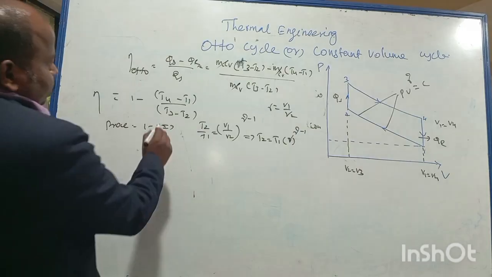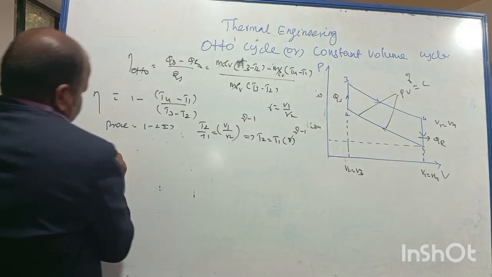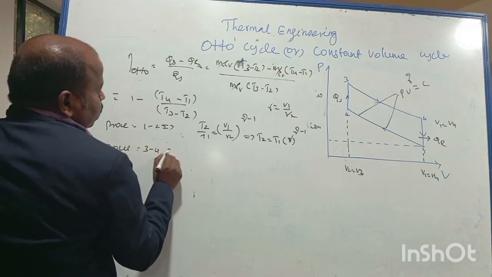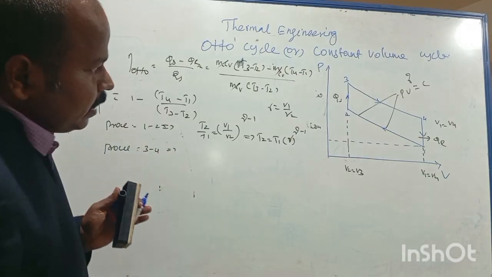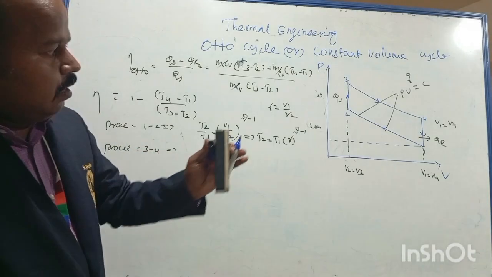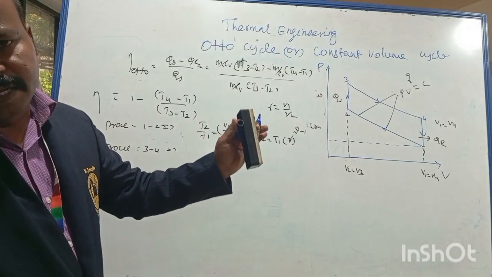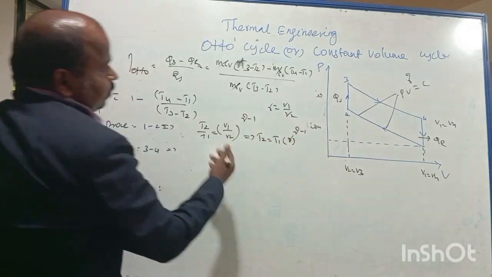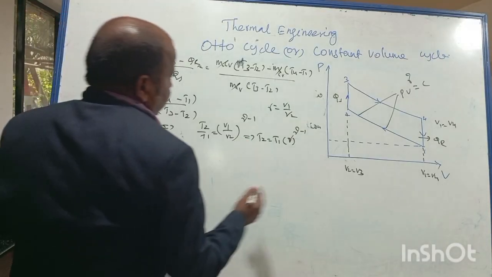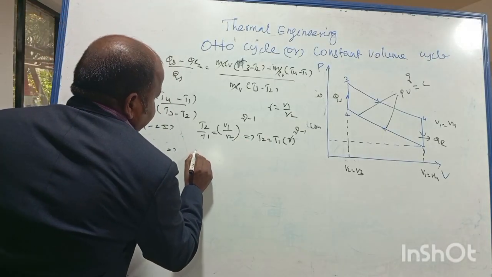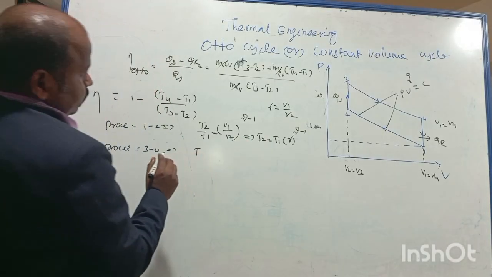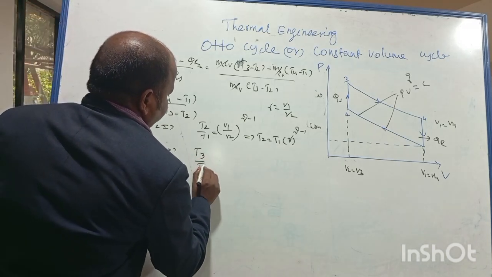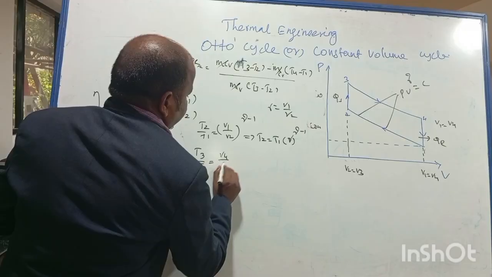Similarly, take process 3 to 4, that is also an adiabatic process, an adiabatic expansion process, where we are going to get the work done. Now I am going to write the relation between the temperature and volume. T3 by T4 should be equal to V4 by V3